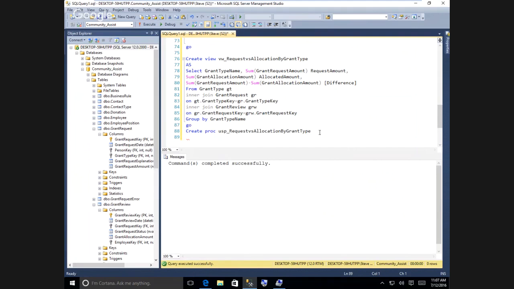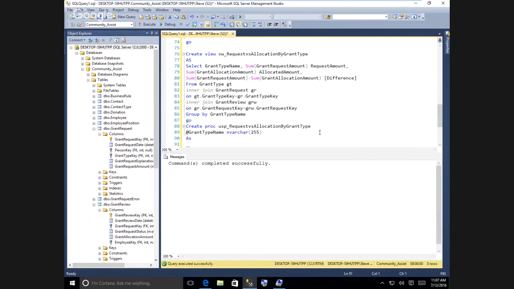And I'm going to give it a parameter. It's going to be @GrantTypeName, as a varchar 255. As, and exactly this same thing,